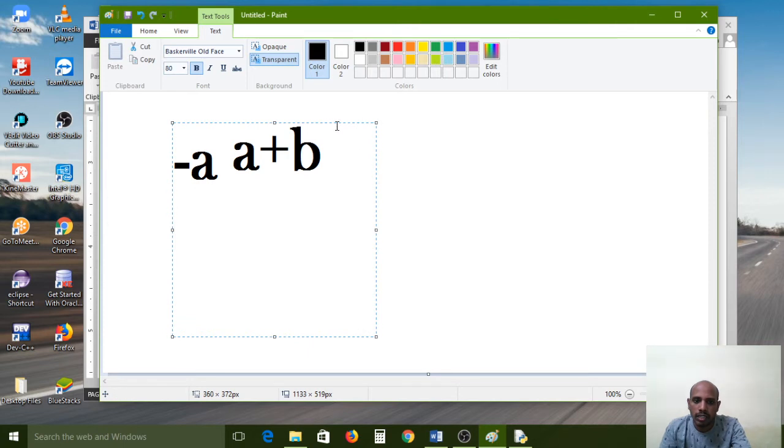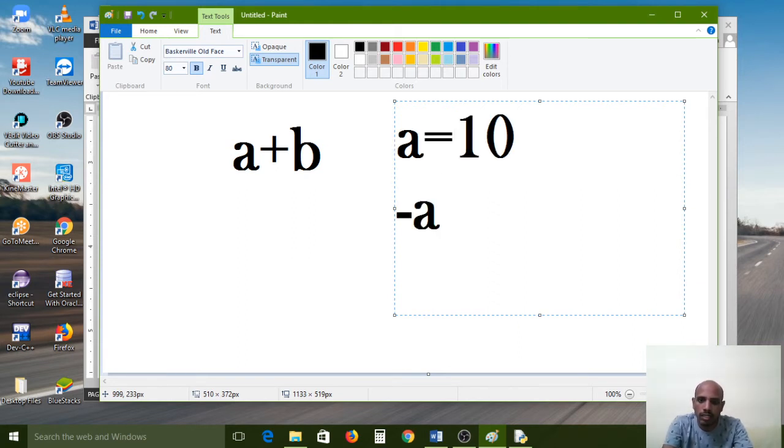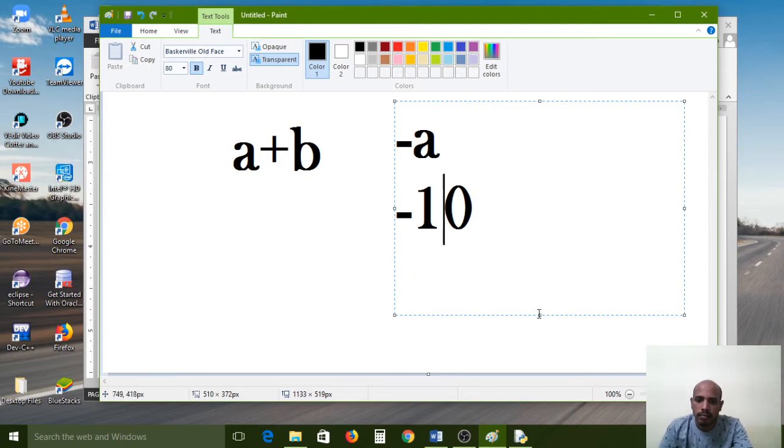If you write like this in our program, then immediately the result is minus 10.